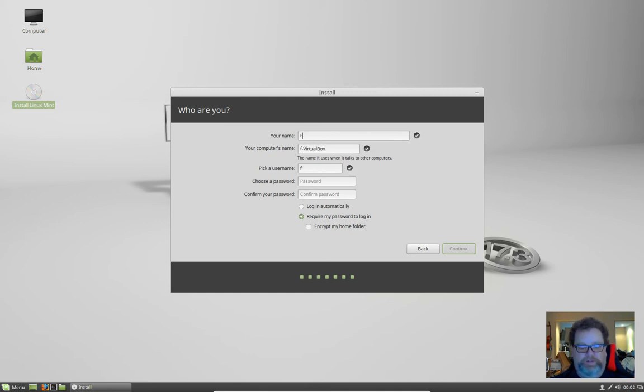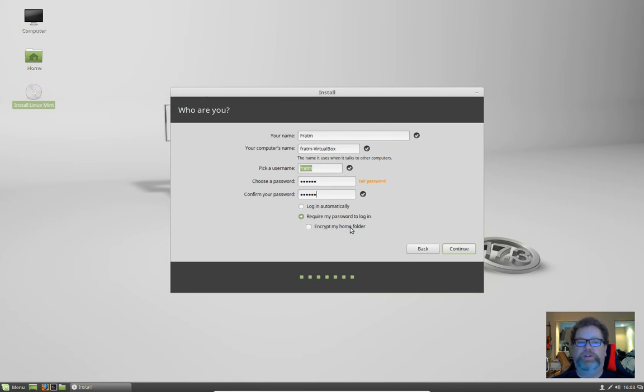Now we enter our name, so I'm going to put Fratm. The host name, the computer name, you can call your computer whatever you want. I'm going to leave it as Fratm VirtualBox, just so that I know what I'm logged into. My username is Fratm. I'll set a password. Some people like to have their computer set up so that it automatically logs them in when they turn it on. That's fine if you're not worried too much about security. I prefer to require a login and password. I have kids and I don't always want them into my computer, so I require my password to log in. That will give me a login prompt, where you select your username and enter your password, and then